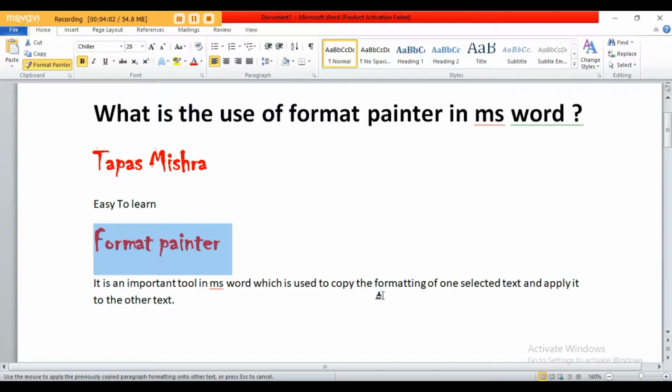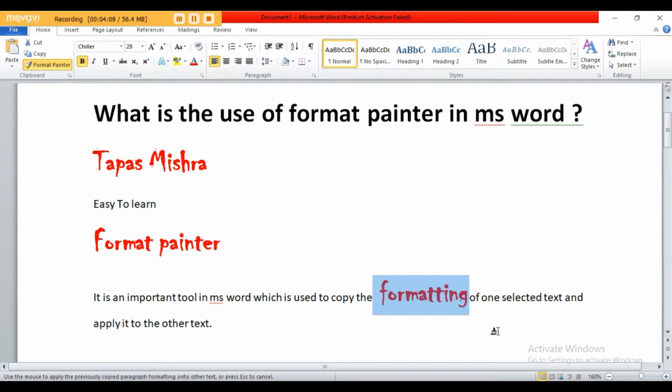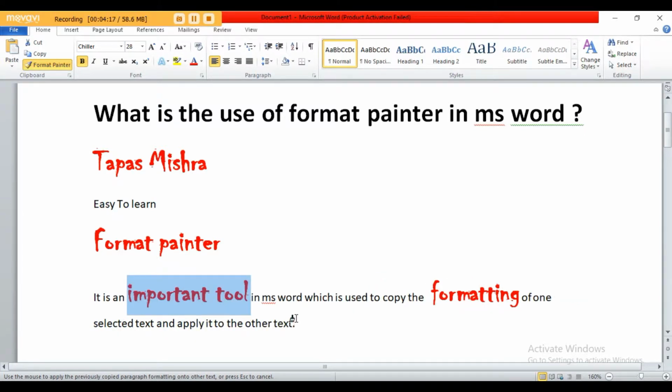If I want to change the formatting just like this, you just change it, and it will be changed. If I want to see the important tool in the same format, then just drag over the content. This can be changed, and this is the way you can apply the Format Painter in your document.